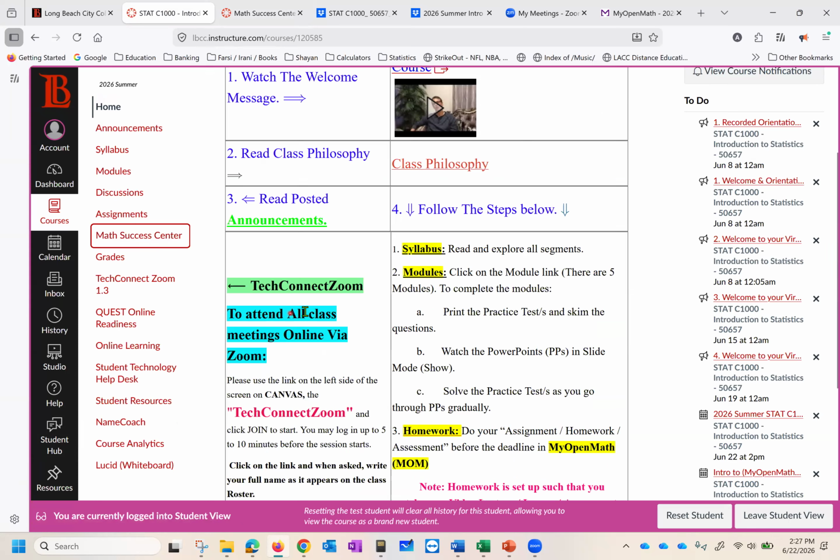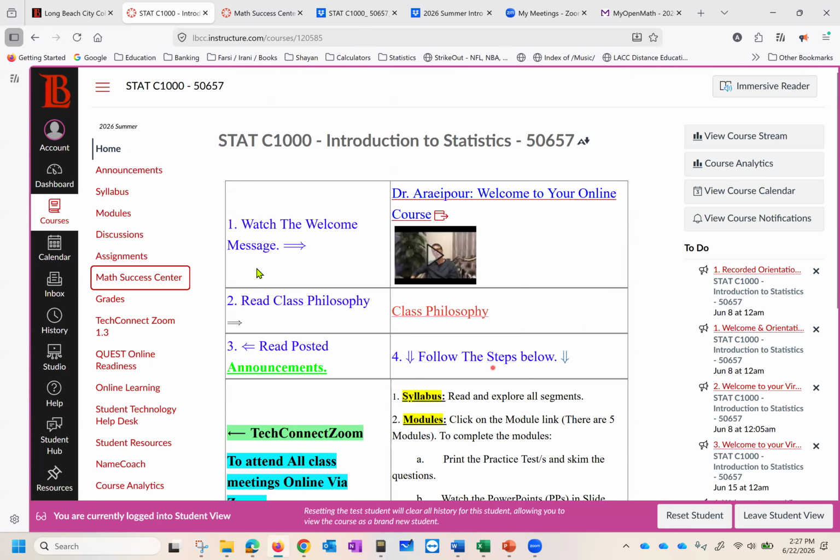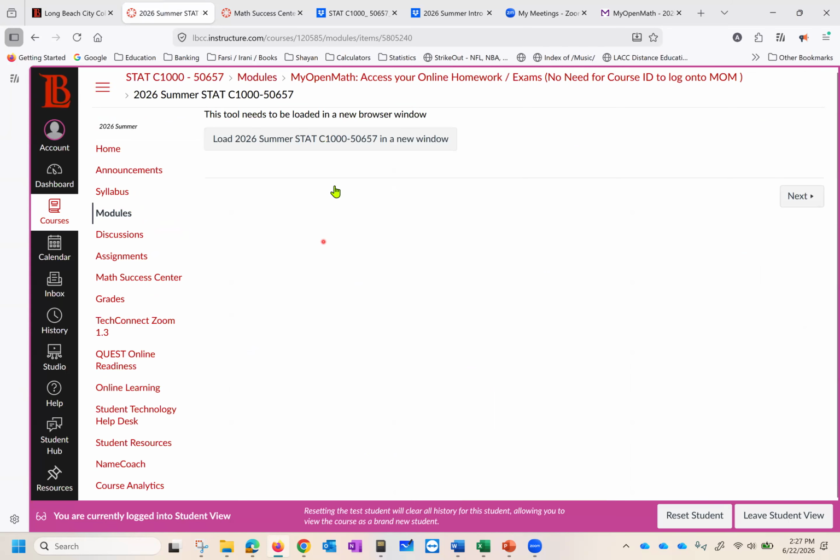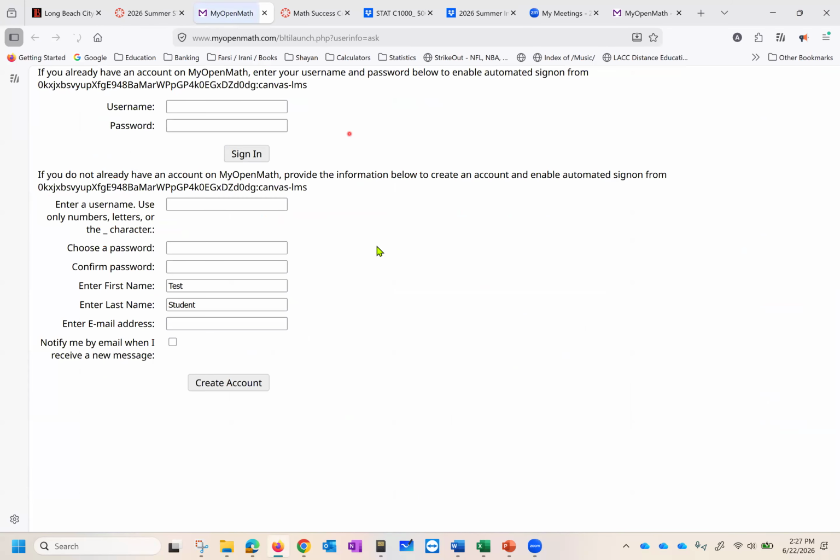All right. So we covered everything. Now, modules is where basically we can find everything that we need for the course. So you can click on it here. This is it. This is the last piece here, or you can click on it here. So what do we find here? If you click on this one, this is where the digital platform exists. It'll ask you to sign up.